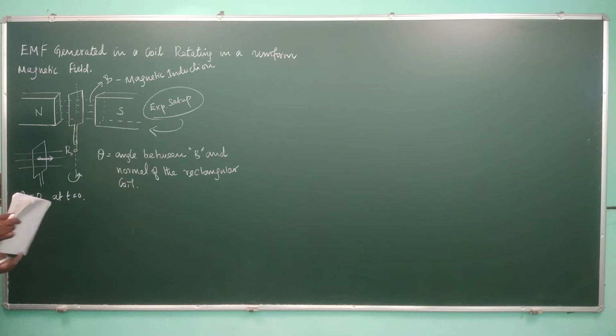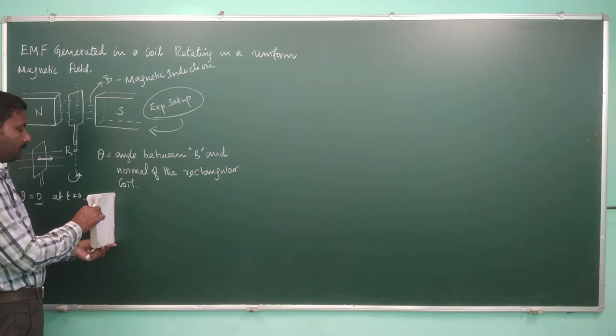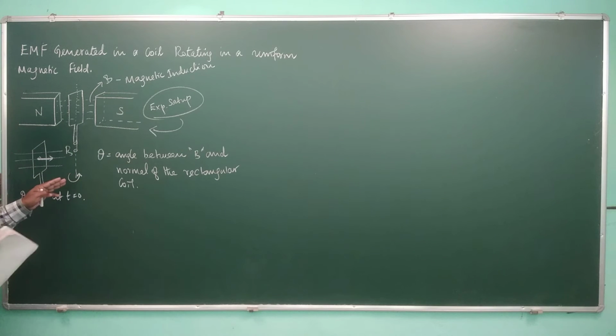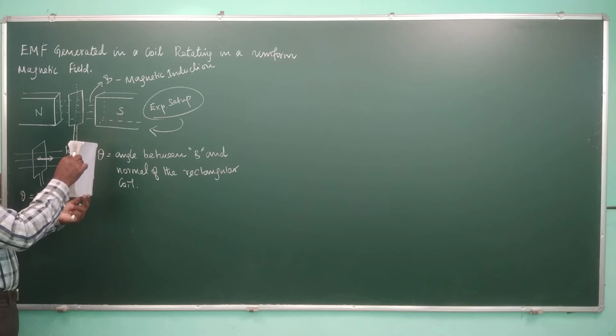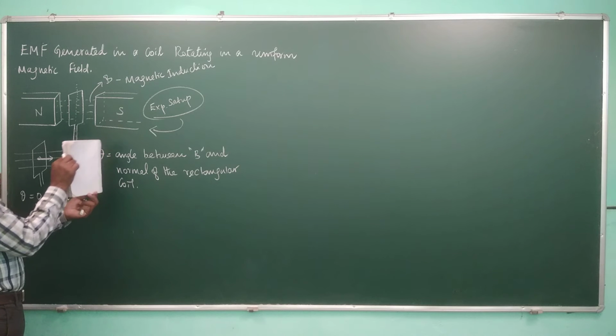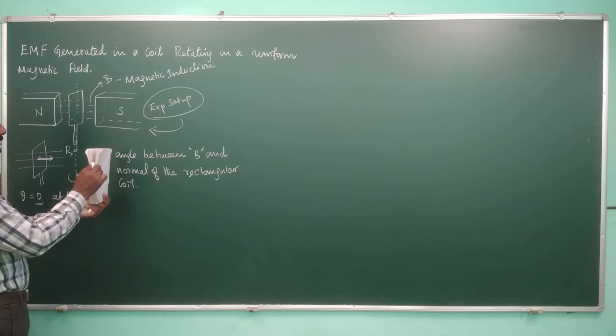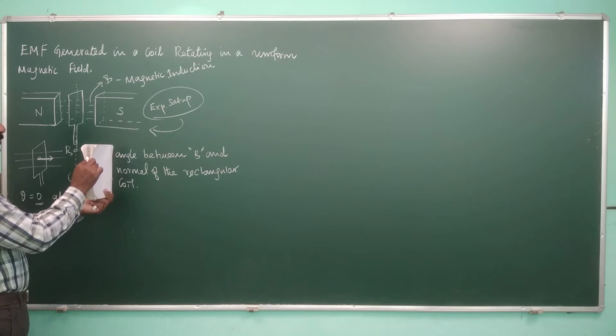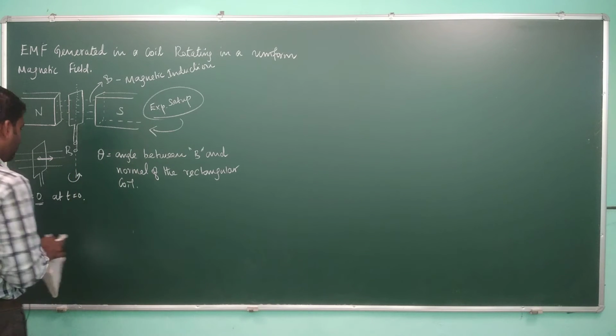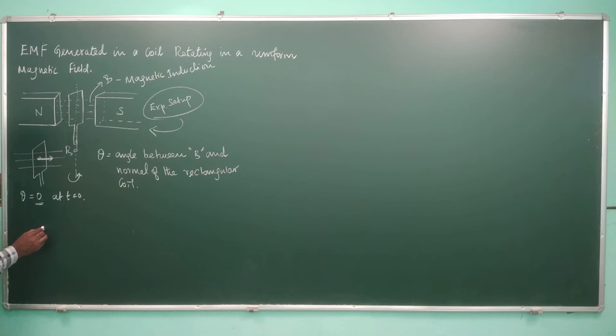Now what happens, the experiment is made in such a way that we are able to rotate the coil about an axis which is perpendicular to the direction of the field, right? In that case we start to rotate like this. After a momentary time t from t equal to 0, this position will turn up to this position. So there will be an angle created.